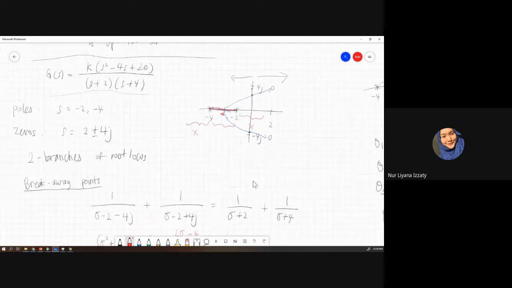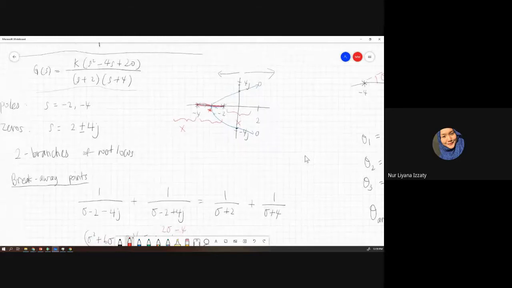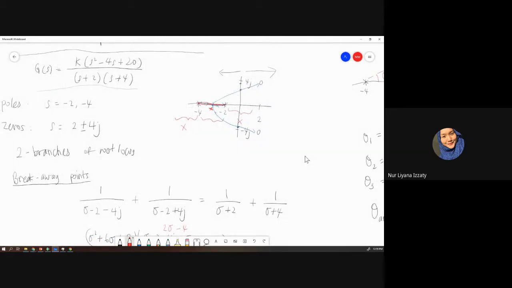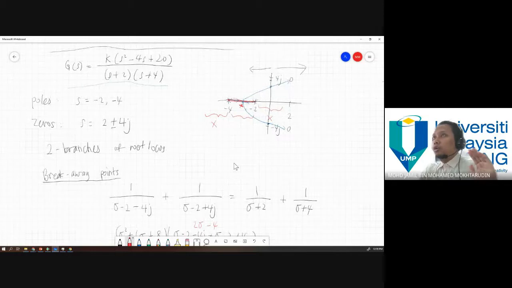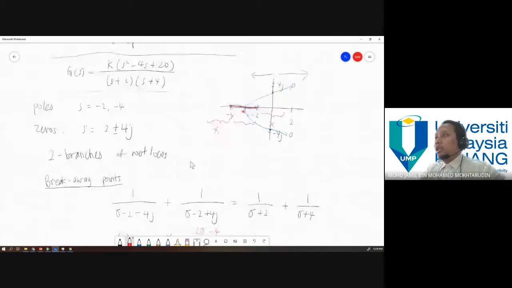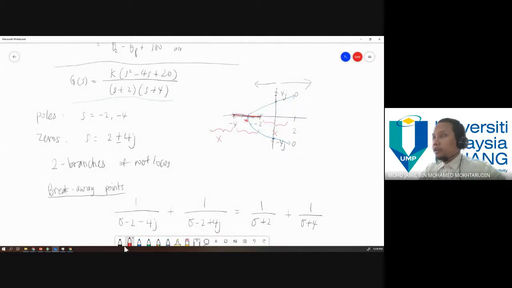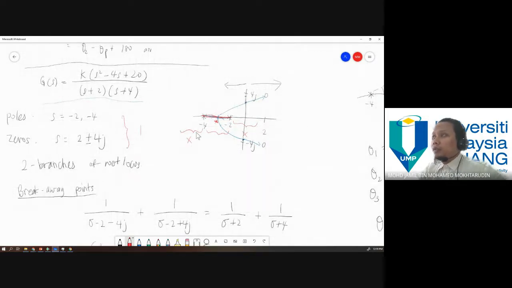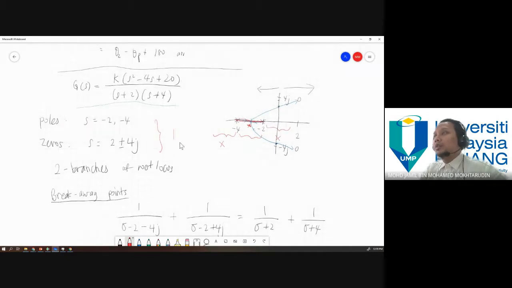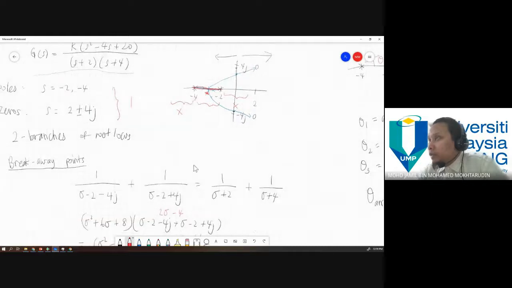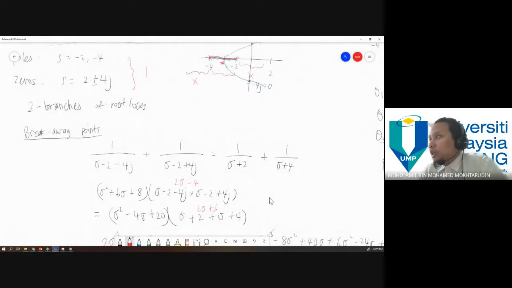Okay. So for root locus question, usually you will get marks for this, okay? If you find poles and zeros, maybe 1 markah. So if you don't know the rest of the calculation, cari ni pun okay dah. 1 markah. Okay. I think most students usually they will start at